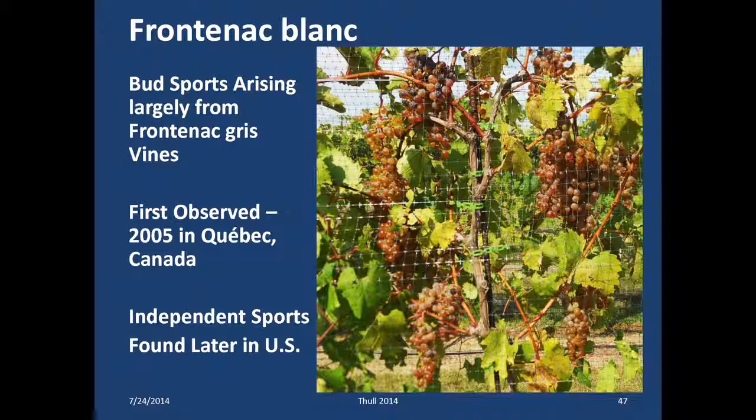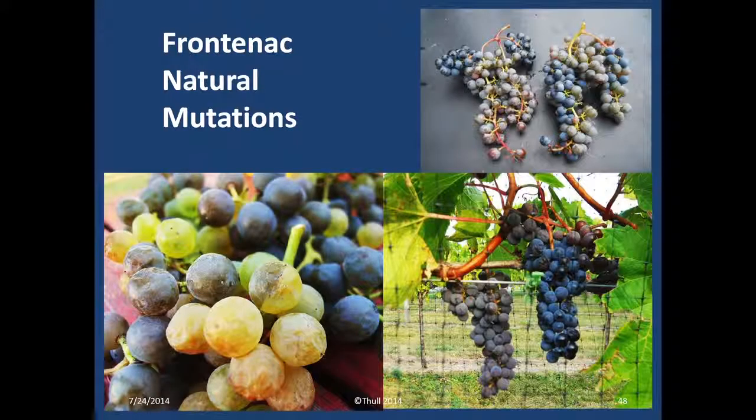In fact, these are all shots from my own vineyard, where if you're looking carefully during harvest, you'll see sometimes bicolored clusters or even bicolored berries. This one is Gris, where the cluster went to black again. So it's always interesting if you see these mutations happening. These half cluster things, these halflings, they're not that interesting. But if you see a full cluster, like a fully white cluster shoot, that's worth noting and maybe